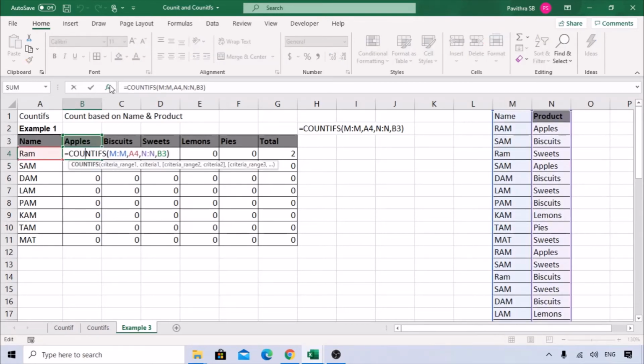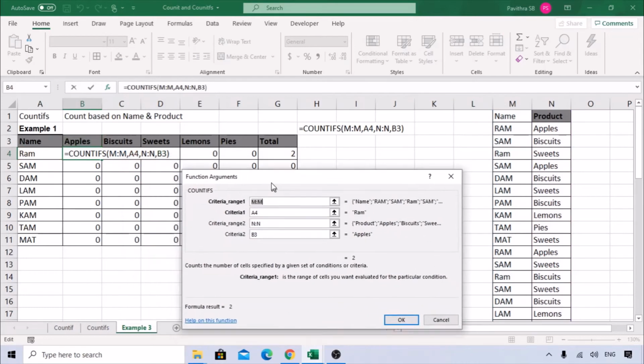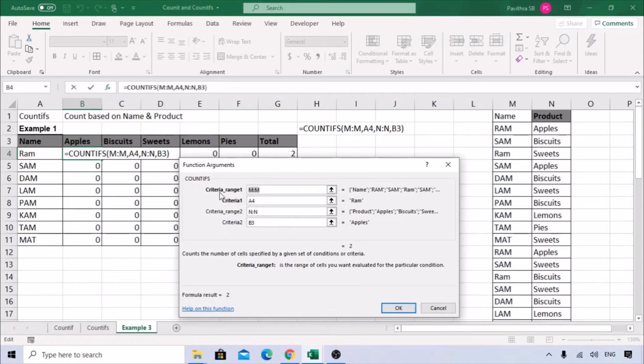So we're going to fix it by using a dollar sign. First, click on this and open this range. You can see the criteria range 1. This M and N column is the constant data where the master data is, so you can go ahead and freeze those using the F4 function. On the top of your keyboard, you can find the F4 function. If you press it, it adds the dollar sign.